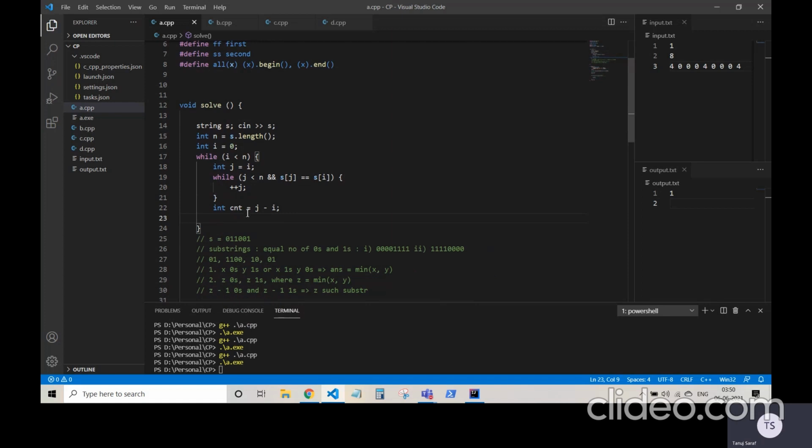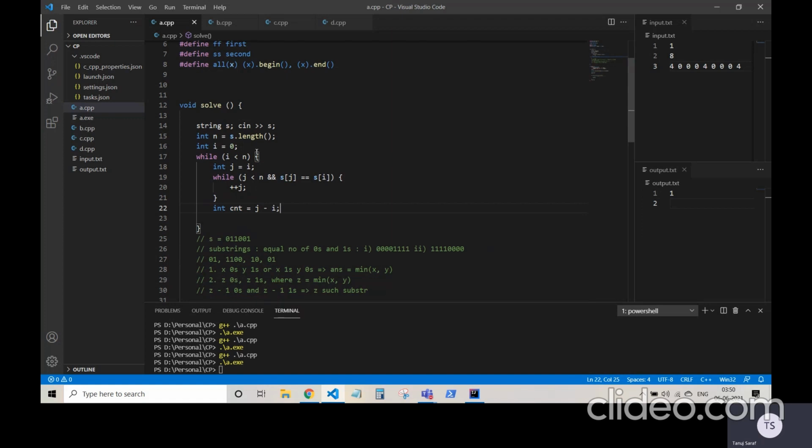Now, when I'm doing this, these are all equal characters. This means that whatever was the previous segment of equal characters, that character was different. So if this segment was of zeros, the previous segment must have been of ones. And if I know the count of how many ones I had in the previous segment, and I already know the count of zeros in this particular segment, then I know what the contribution would be in the final answer. How many substrings of the configuration of ones and zeros would I have? That would be the minimum of the two counts.